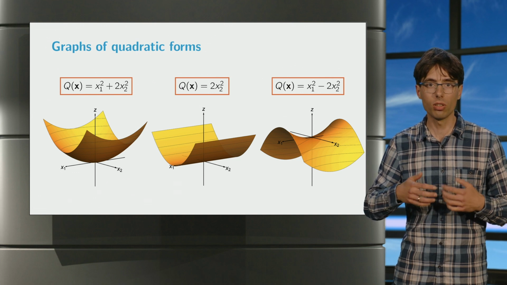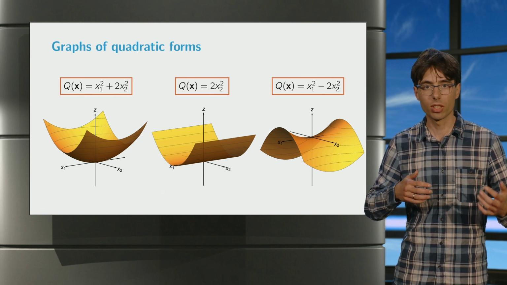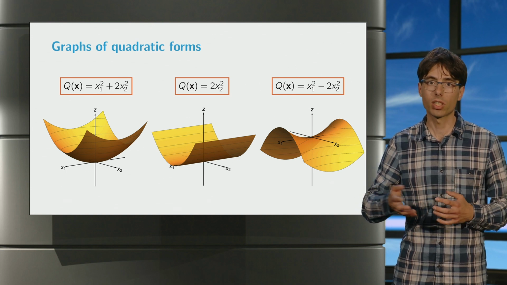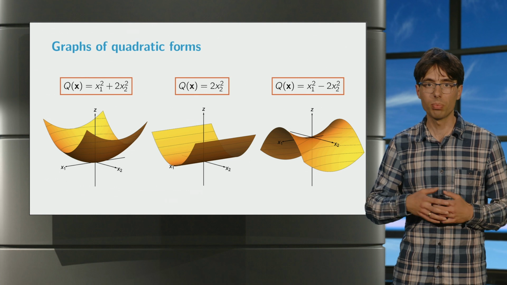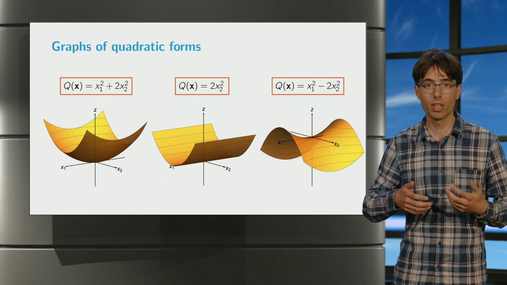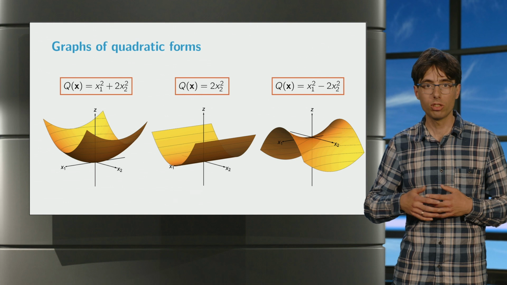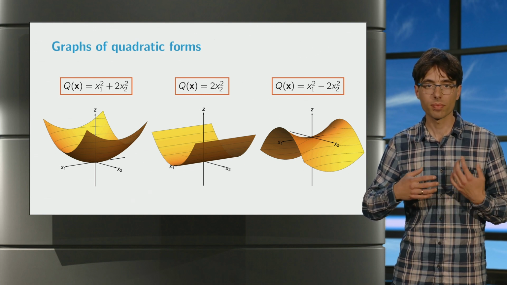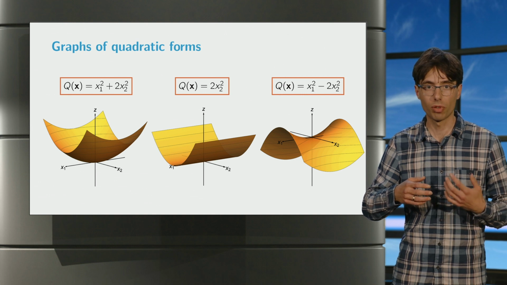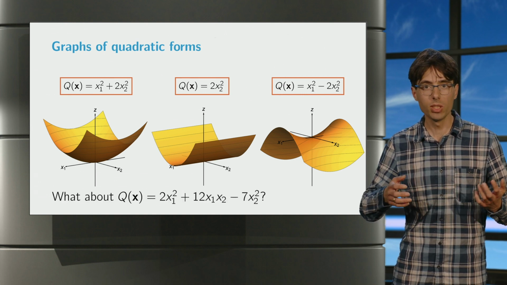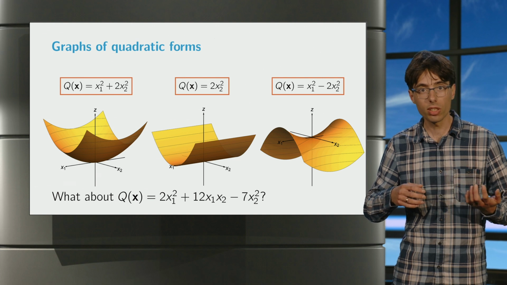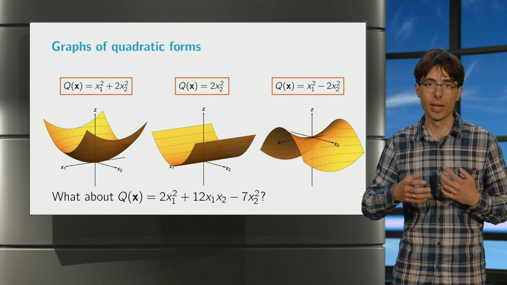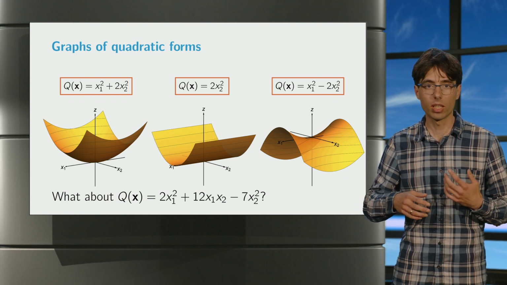Since quadratic forms are also functions with the real numbers as codomain, we can take a look at their graphs. Here you see a few examples. For each of these examples, determining the shape of the graph is relatively straightforward, since we can simply determine the behavior in the x1 and x2 directions and derive the general shape from that. But how would you do that if the quadratic form has cross terms, such as this particular quadratic form? In that case, a well-chosen change of coordinates turns out to be of much help.